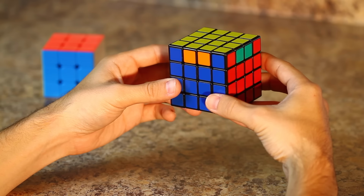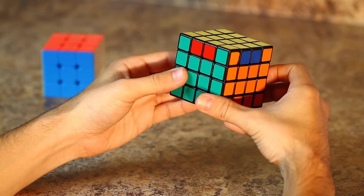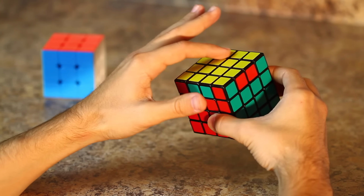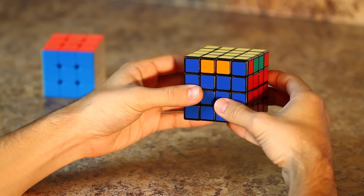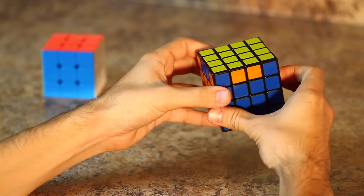The last move I want to show you looks very similar to the one that we just had, but in this situation we don't have a parity. We just have to perform either the counterclockwise rotation or the clockwise rotation. It doesn't matter which one we do first, so let's go ahead and just start off with the clockwise rotation,